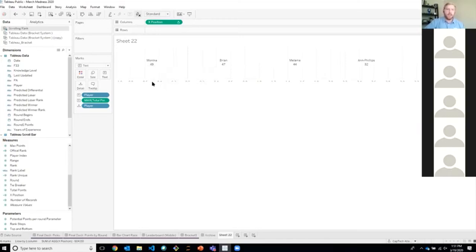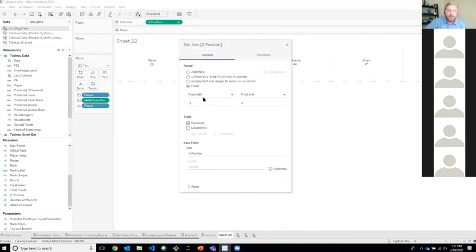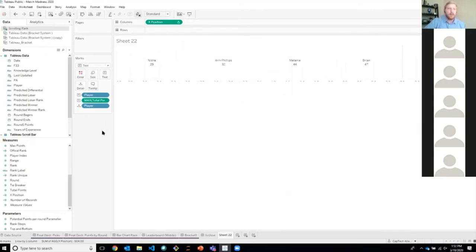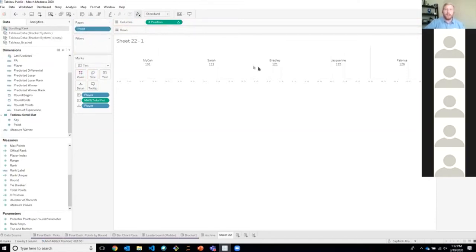Now we can see the point and the max that everybody has, and I think I need to reverse this as well. Then we take that point calculation and add it to the page itself, and then you can click play and it'll work like this.